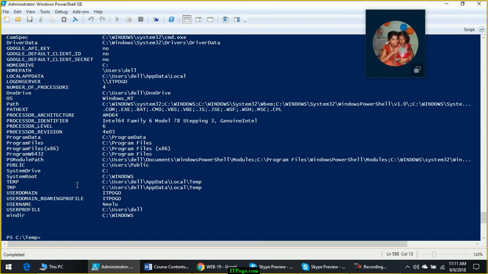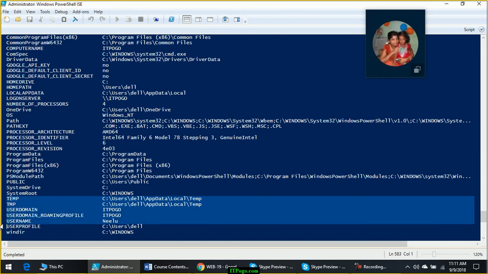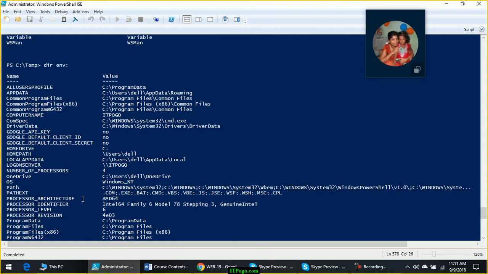It will show you all the variables and their values. As you can see, that test variable is not yet loaded because it will be loaded during the boot time. Any questions?